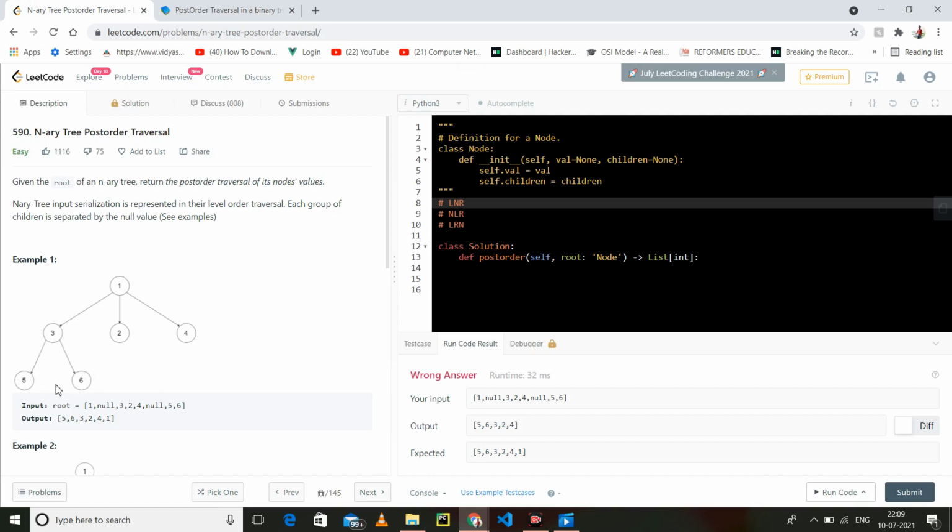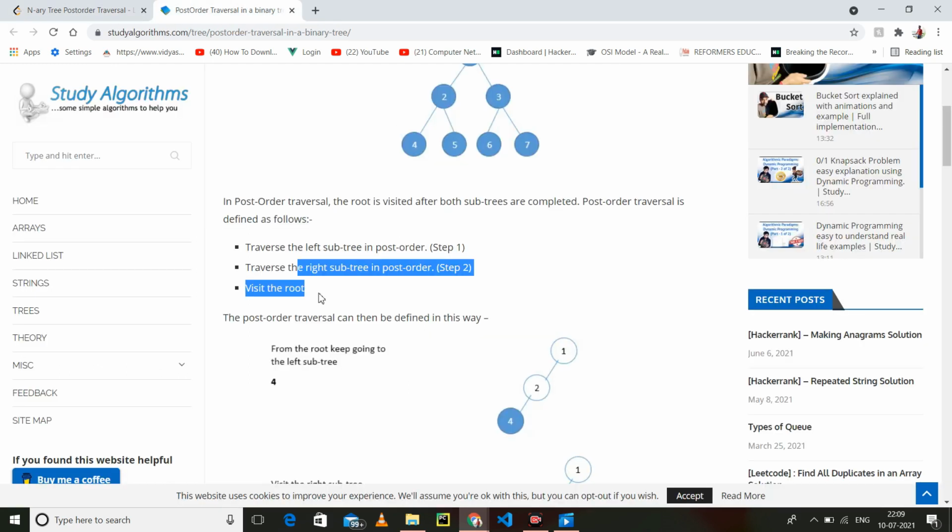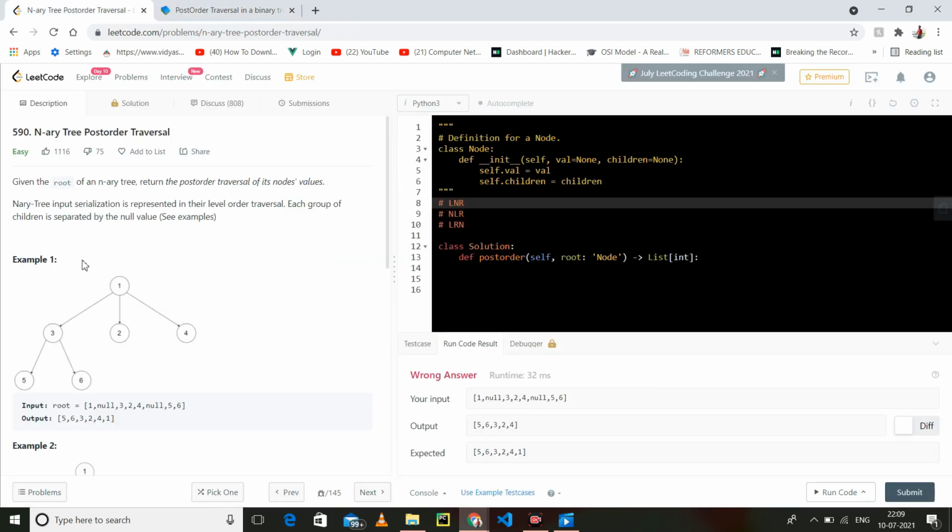So this part is done. Now the left of 1 you have traversed, the remaining thing you have to traverse is this. So you will come to 2, then you will come to 4, and at last you have to traverse the root. So the thing left is you have to traverse 1. So first you will come to 5, then 6. So left and right are traversed, remaining is root, so root is 3. So this is done. So the left part of 1 is done.